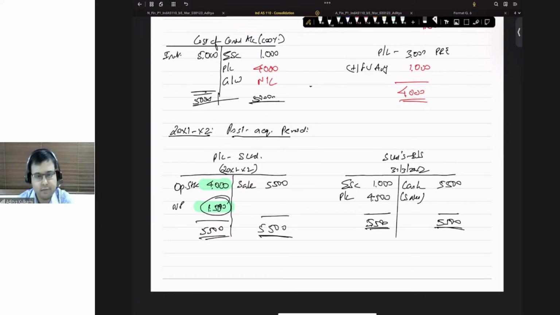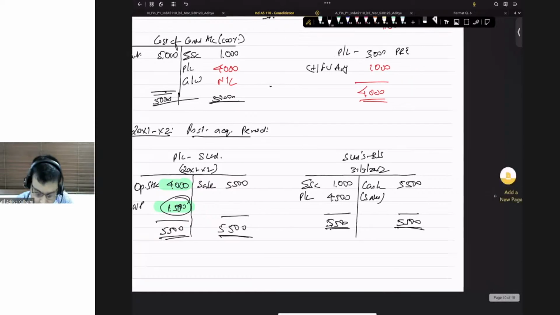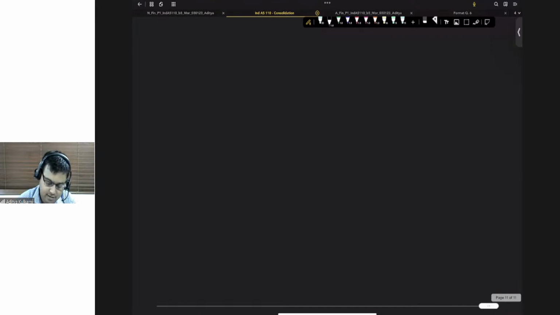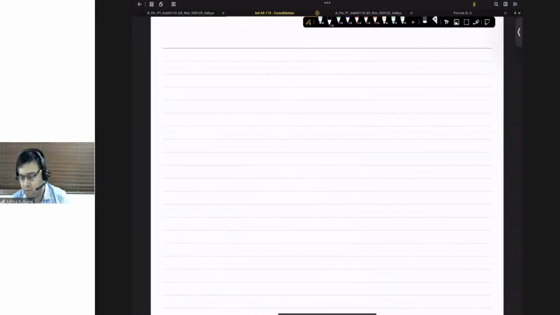So far the story is going on in a very smooth manner. Now, 31st March 20X2 has come, the time for preparing consolidated financial statements. When I have to prepare the consolidated financial statements, I'll start with the balance sheet. After the balance sheet, I will have note number 1. Note number 1, I will have PS